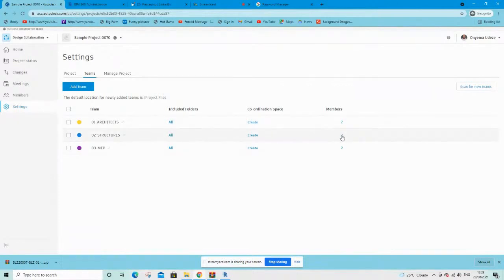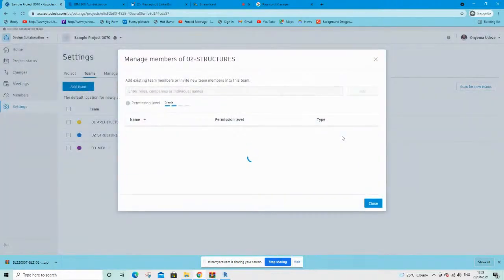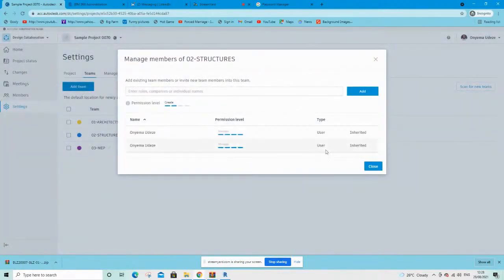If you want to add more members to a team, for example, the structural engineering guy, I want to add him to this structural engineering team, I'll click on this number here, which is 2. And now this will bring up all the members on this project that are not part of a team yet. This is quite confusing because it's the same name, but these are the 2 accounts that currently are not project administrators on this project. So I can choose either of the 2, or of course in a project you need to be sure of the person, and then when you select the person,